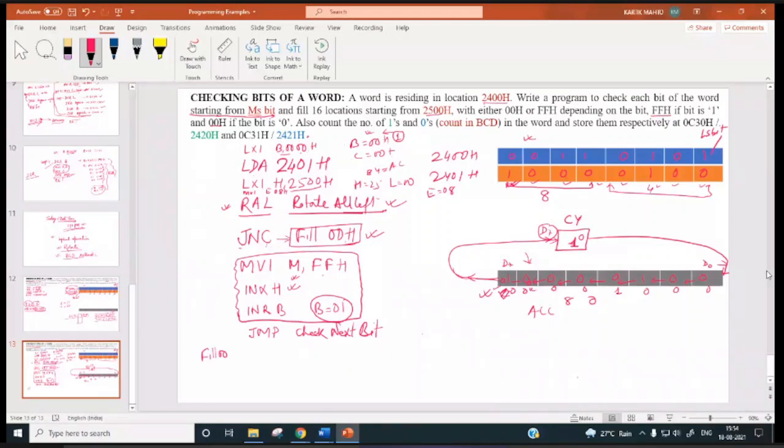So here you will do what? MVI M, 00H, INX H, INR C for counting the number of zeros. Right. And here it will be check next bit.